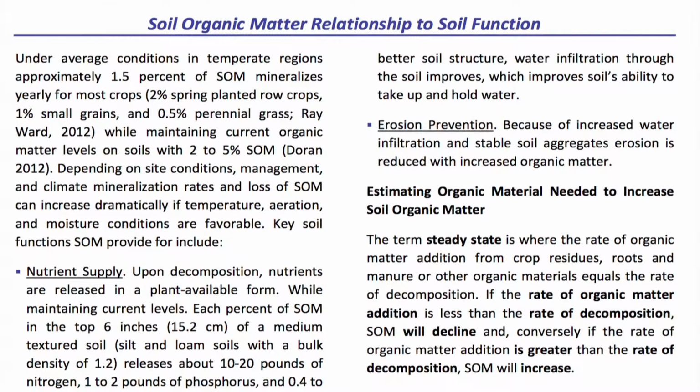Function, soil organic matter's relationship to function is very important. Again, nutrient supply, nutrient cycling, increased water holding capacity, increases our cation exchange capacity for the nutrients important for crop production. Soil aggregation to build better soil structure, better infiltration, and erosion prevention. If we have a soil that's high in organic matter, well aggregated, it'll hold together better and will not erode